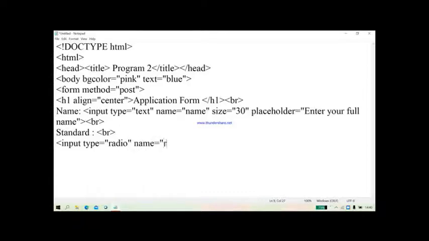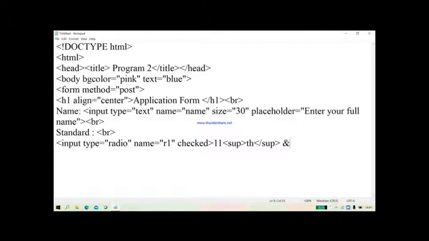Now name I am writing as R1 and for the by default selection I am writing as checked. So here I am writing 11th. Again th is in uppercase upper side, so I am using superscript and slash superscript tag. So this is for 11th.